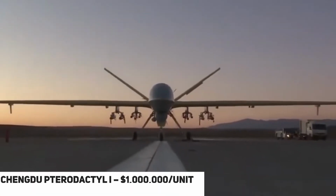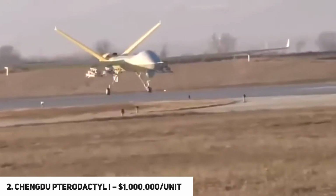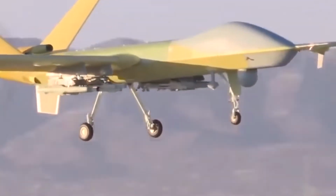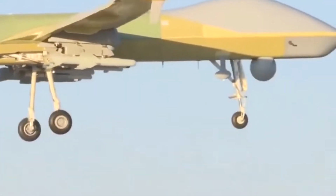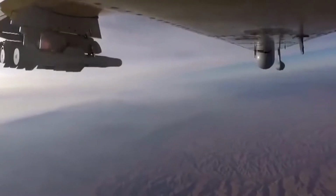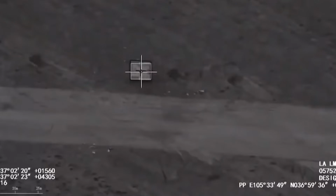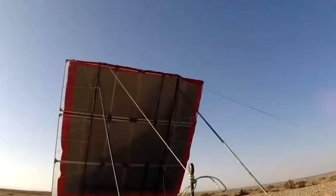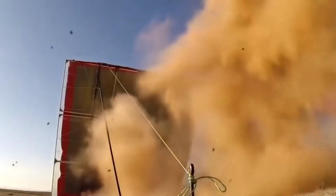At number 2 we got the Chengdu Pterodactyl 1, which costs $1 million per unit. This is a medium altitude but long endurance drone that also goes by the name Wing Loong. It is roughly 9 feet tall and 20 feet long. Designed for imaging, its wingspan is 40 feet, delivering a maximum of 16,500 feet in altitude and 180 miles per hour in speed. It can stay in the air for 20 hours and probably a little longer if